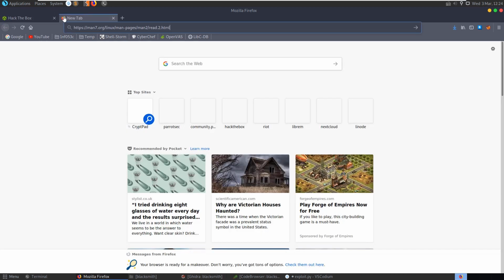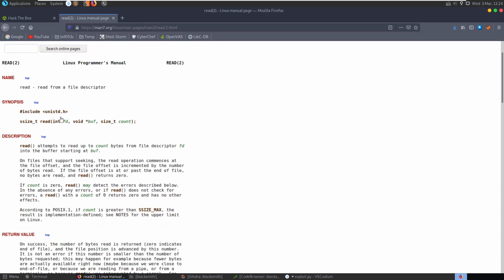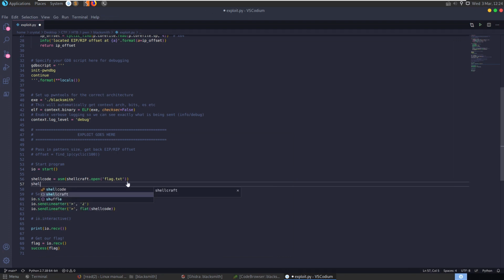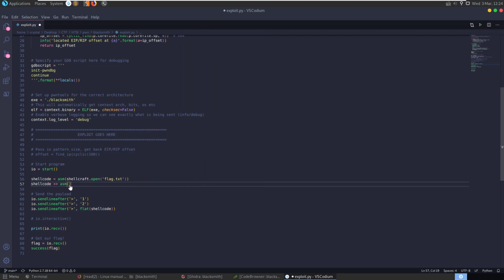We can go and have a look here at the read documentation and see that read takes in the int file descriptor, takes in the buffer that you want to read, and then the amount that you want to read. So if we go back here and say shellcode plus equals, let's append this, we need to compile it as well into the bytes, and ASM, and we'll say shellcraft.read, and then